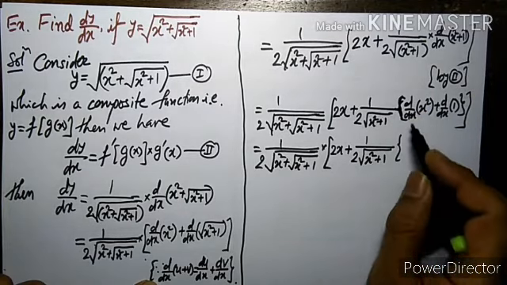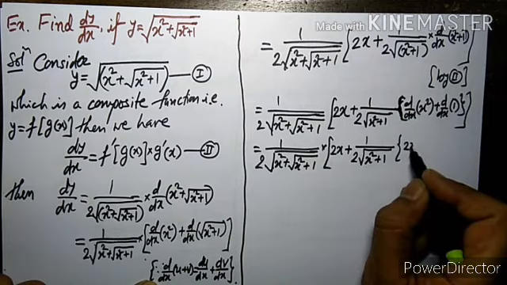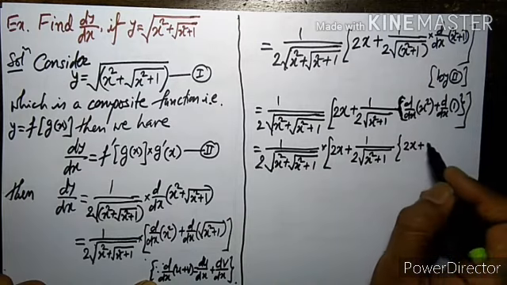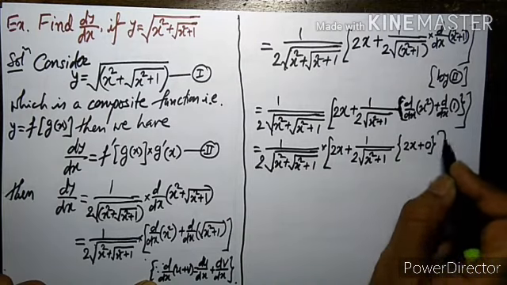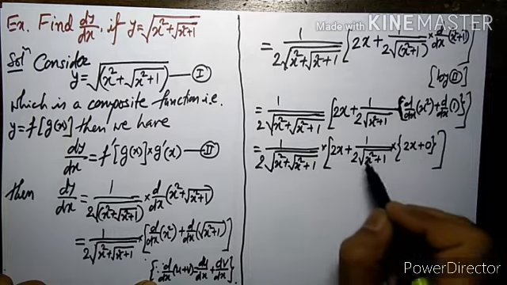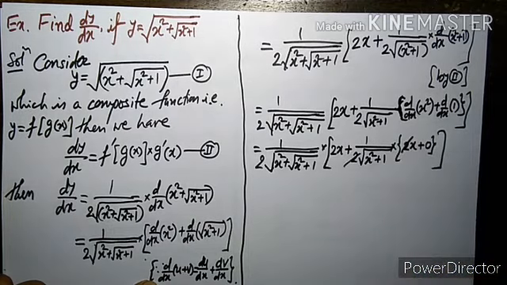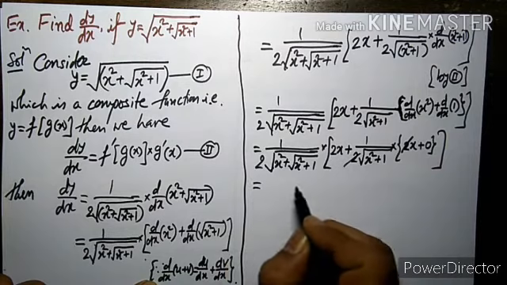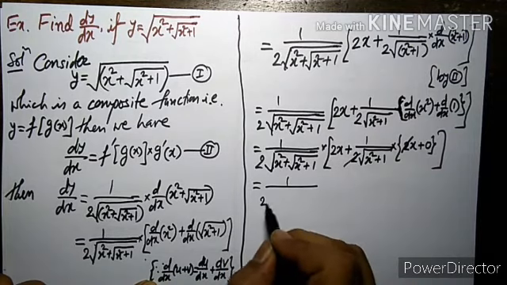So derivative of x square is 2x and plus derivative of 1 is 0, and now we have the product here. So this 2 gets cancelled with this 2, and so we are getting